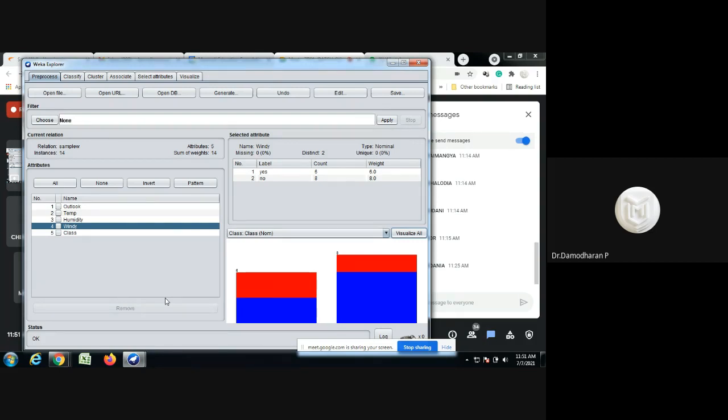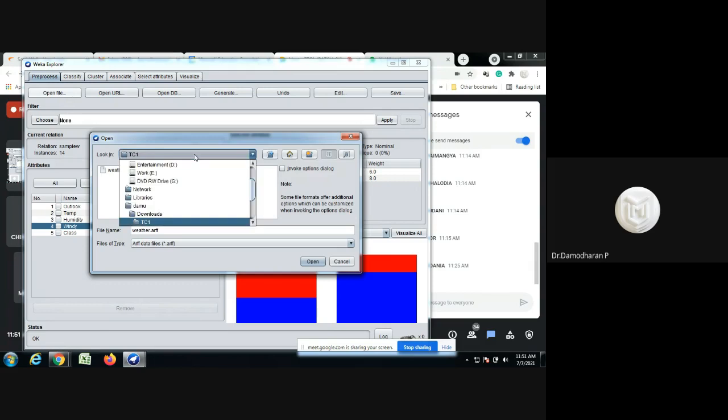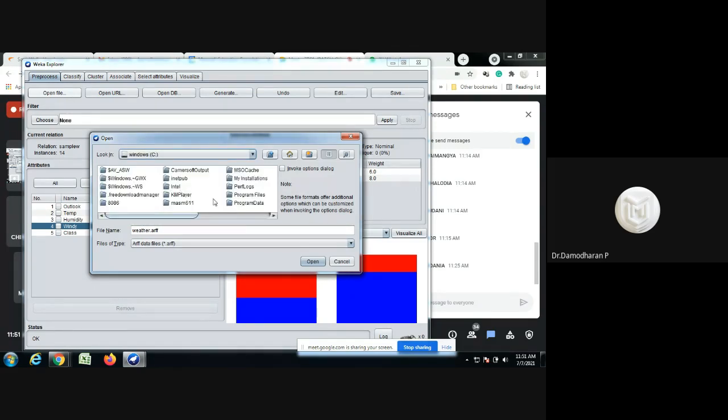Now, by default, while installing the WEKA tool, the author itself gives some pre-processed data. How can we open that pre-defined data set? If I click open file, go to the folder where WEKA is installed.